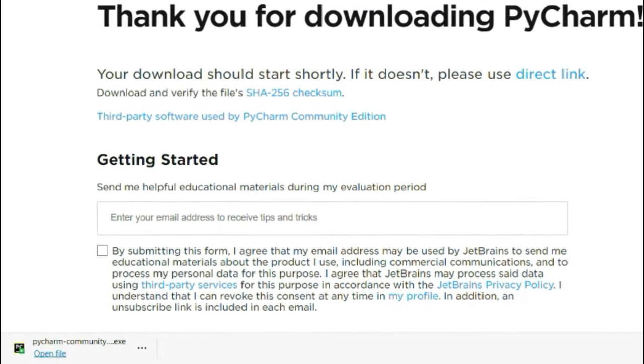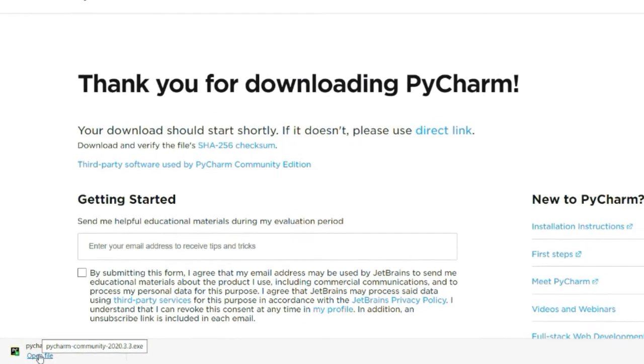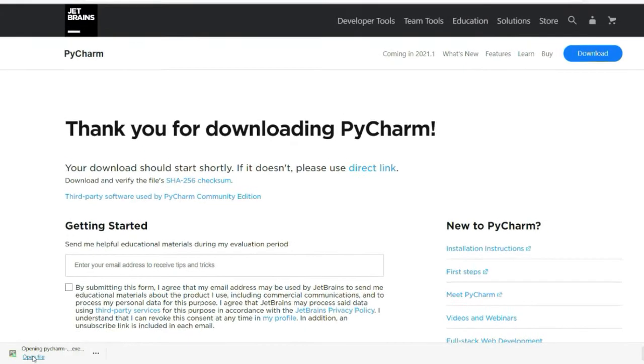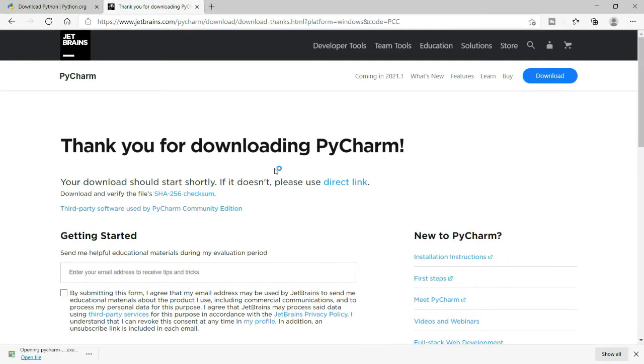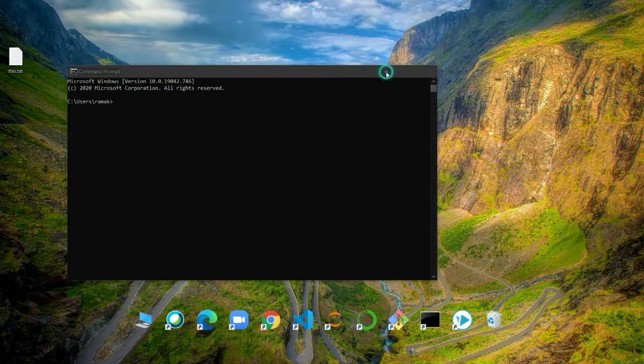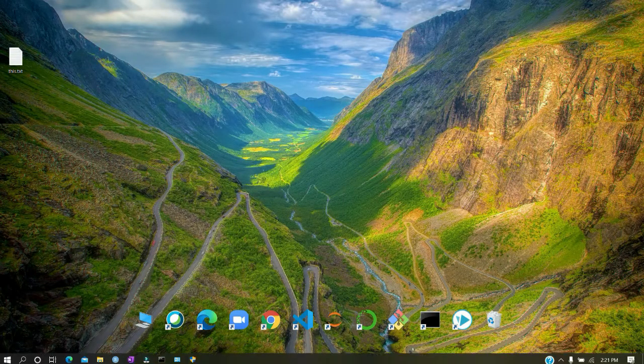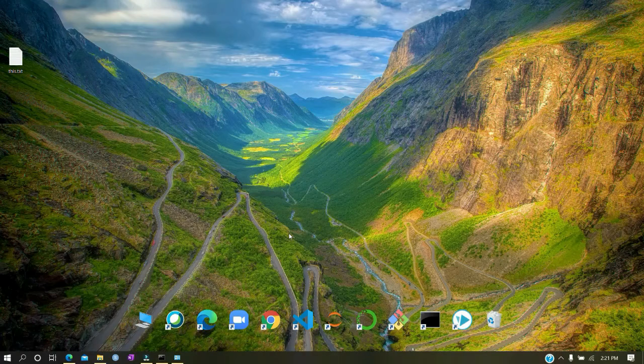So now my PyCharm has been downloaded successfully. I will click on open file here. So now what it will do is simply open my installer. So here it is, and it is prompting me for my permission that it wants to install this particular file. I will say yes,